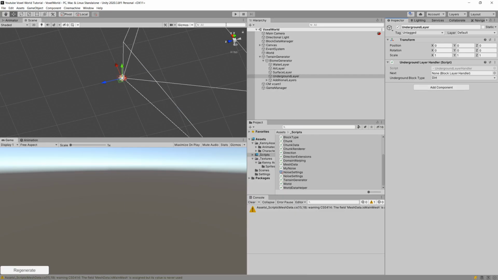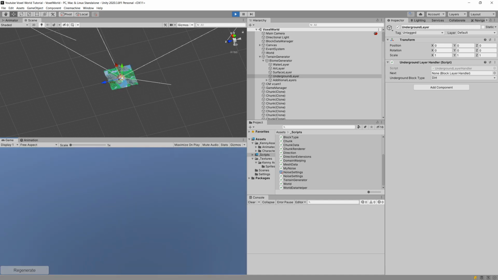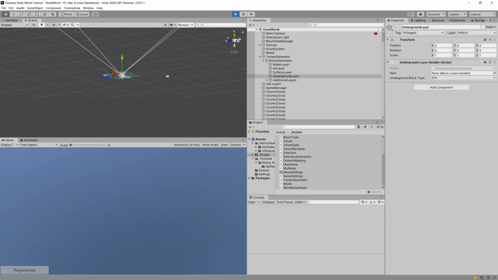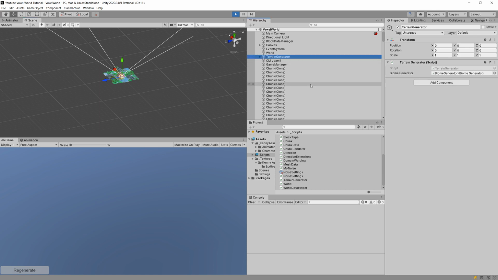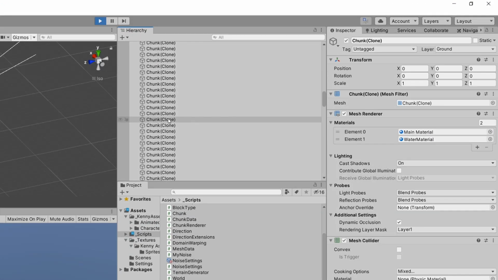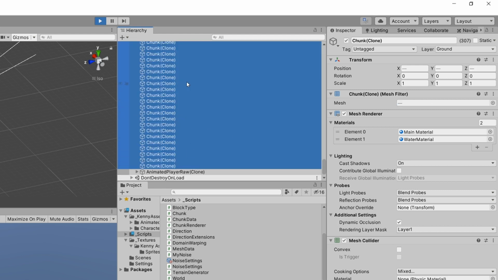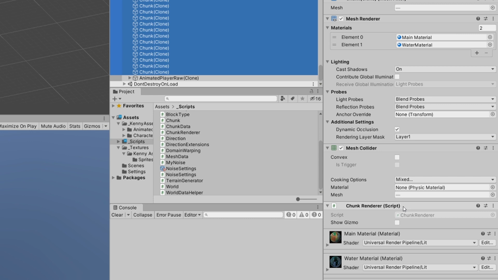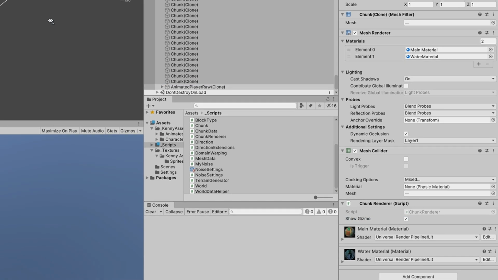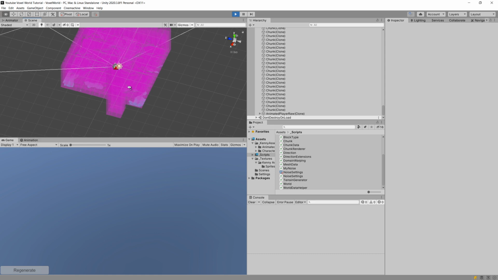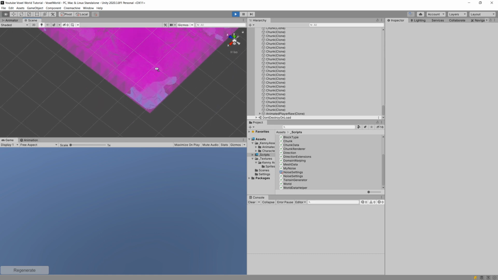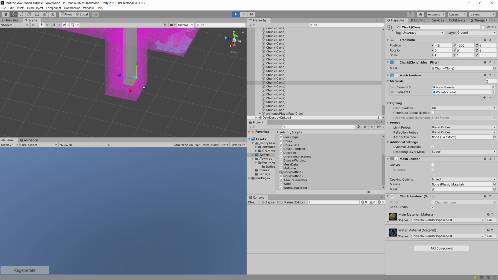So now, if we save it and press play, we should see that if we regenerate our map, we are not going to basically see anything, but we have a way to visualize our chunks. If we select all the chunks, now of course you could have provided a better way to store those chunks in one parent object. In any case, let's select all of those chunks, and in our chunk renderer script, we should have this show gizmo. And as you can see, we are rendering all those gizmos, and our gizmos takes 6 chunks at the bottom.